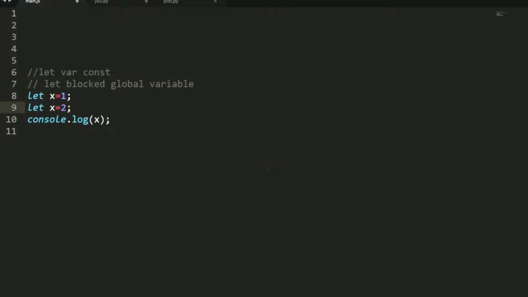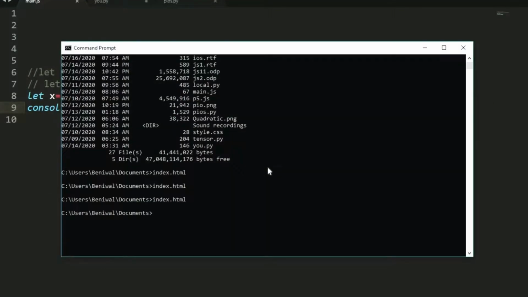What is the meaning of this block variable? That means once we define the name, we cannot change the value in the entire program. So we say first let x equal to 1, and if we just use only this console.log of x, okay, just me showing you.